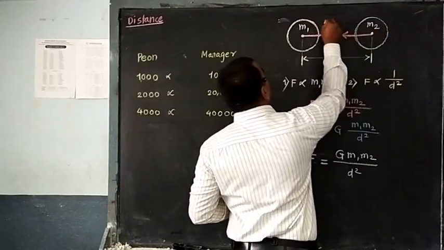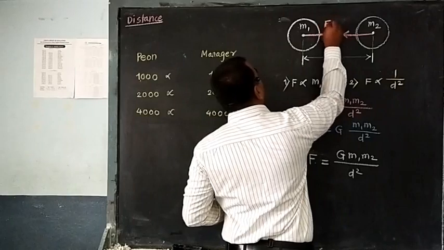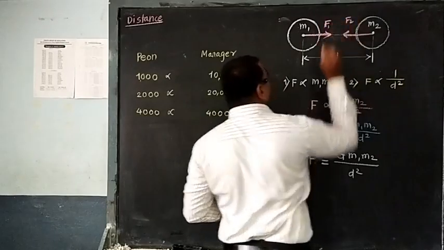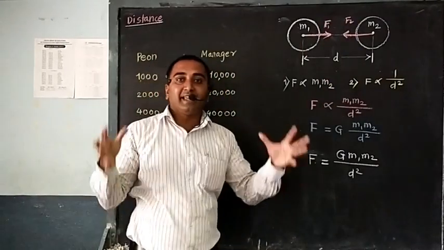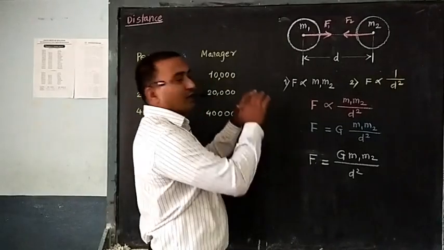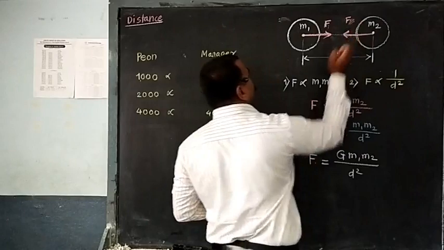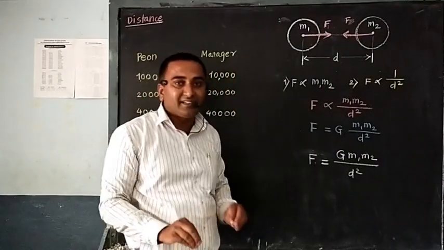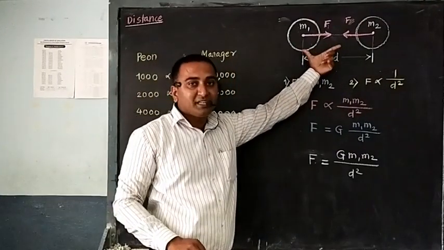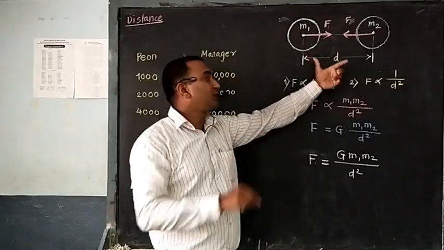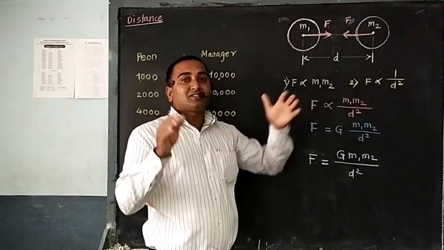So this is the force. That is force F1, force F2, and both objects exert the same force. So F1 is equal to F2. So we are considering here only F. F is the force of gravity between the two objects of mass m1 and m2, which are distance d